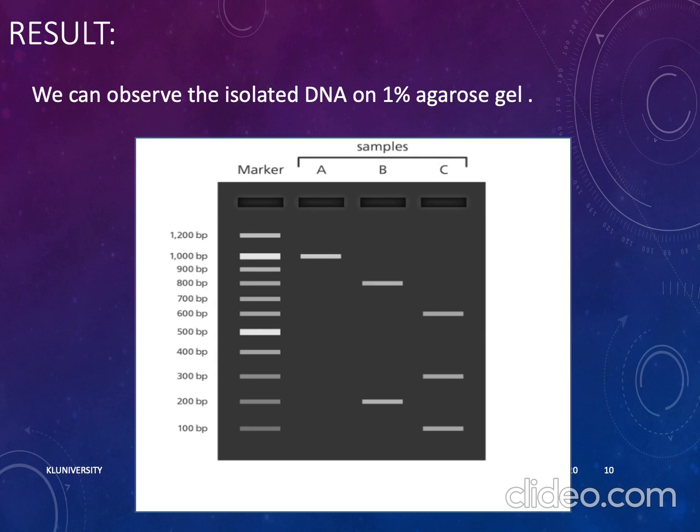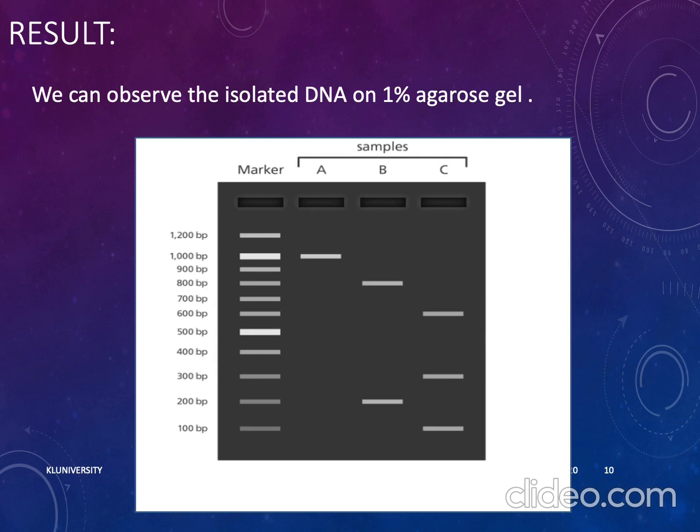A couple simple ways to increase the resolution of your DNA bands include running the gel at lower voltage for a longer period of time and by using a wide gel comb and loading less DNA in the well.